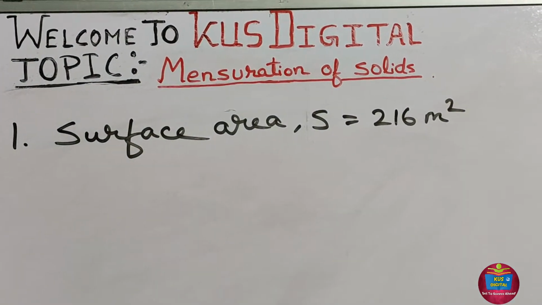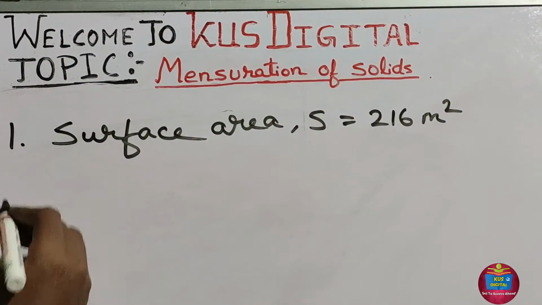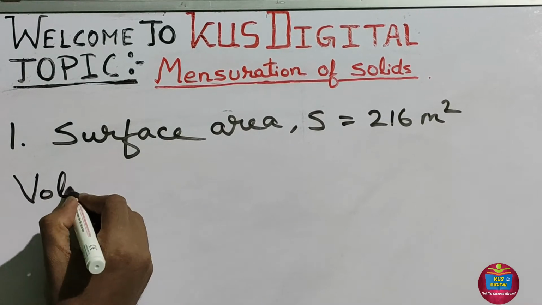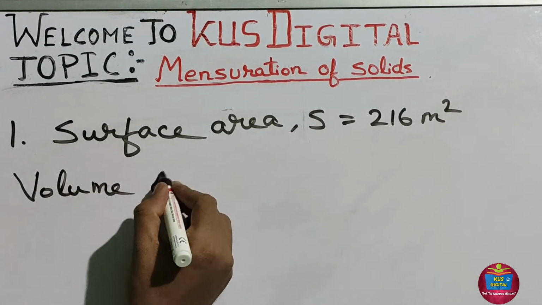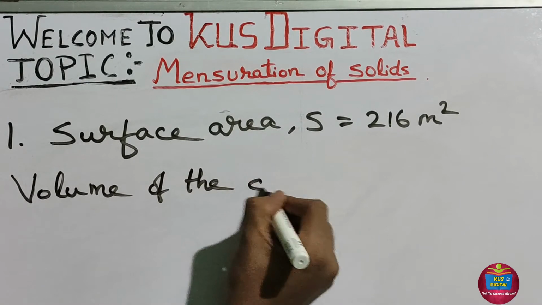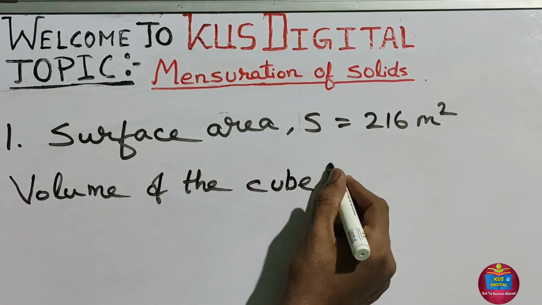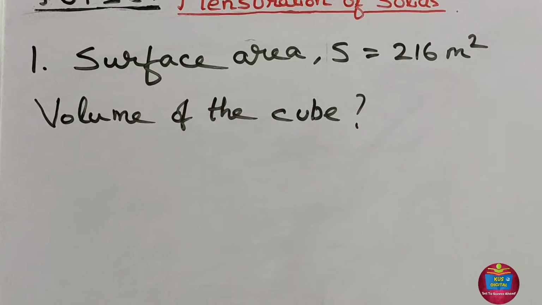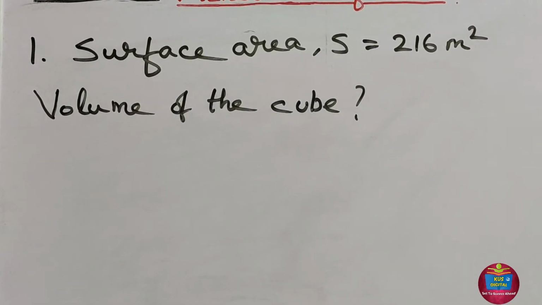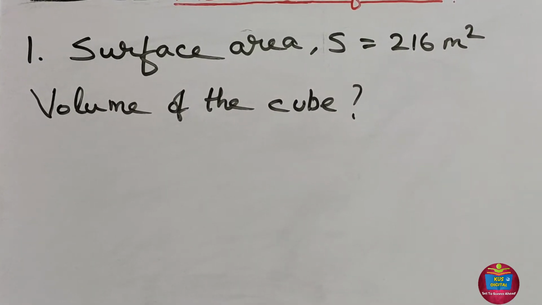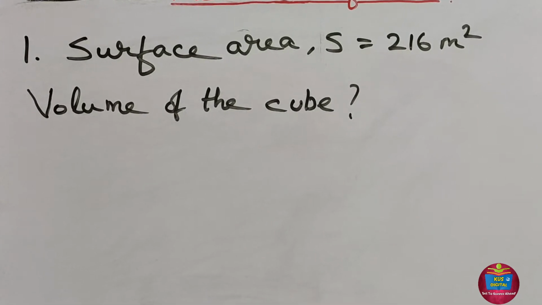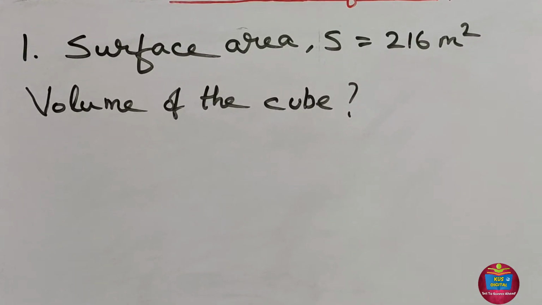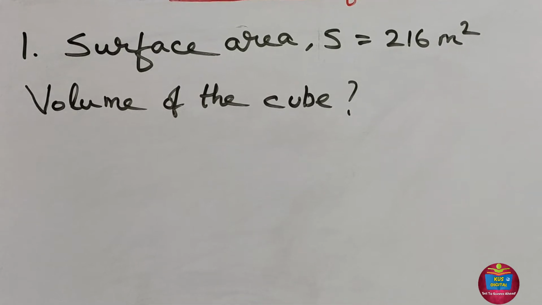Now we have to find the volume of the cube. To find out the volume of the cube, first of all we need to know the edge, that means the side a. So to find out a, we know that